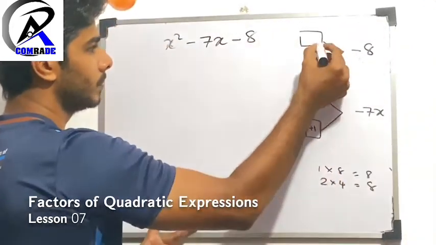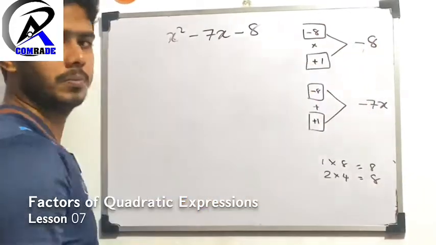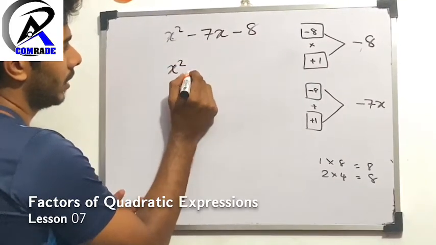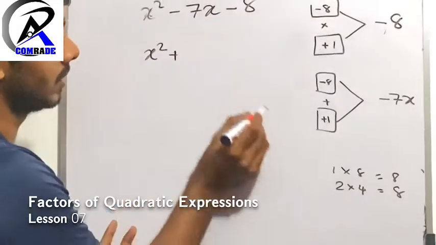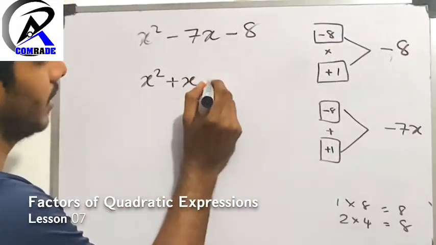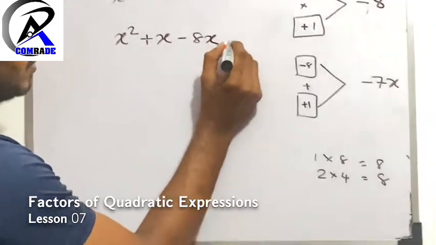Here, same, minus 8 into plus 1, minus 8. Okay, so that's it. And come here, x squared, here plus 1x means x, right? Minus here 8x minus 8,